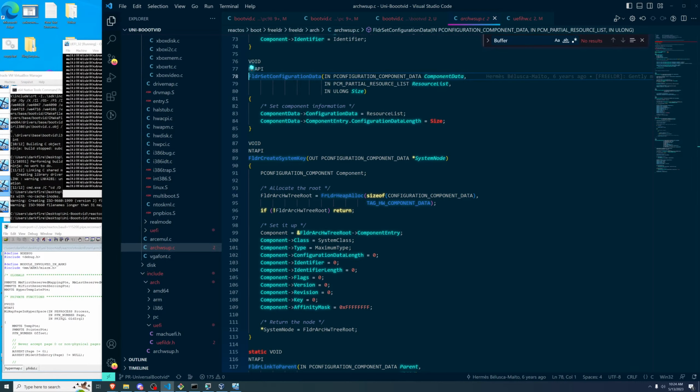Can I take the address of where I set up the struct globally inside Freeloader and pass that? I don't think I can. I think I'm going to have to create like a little